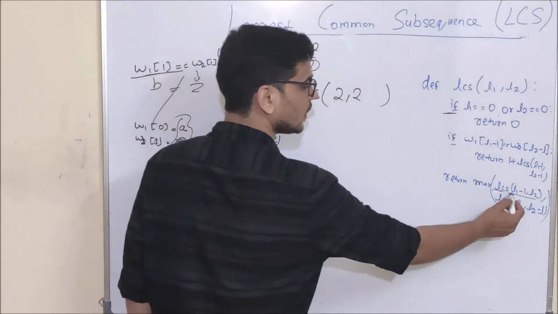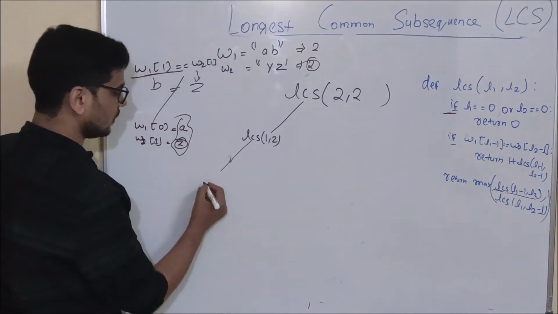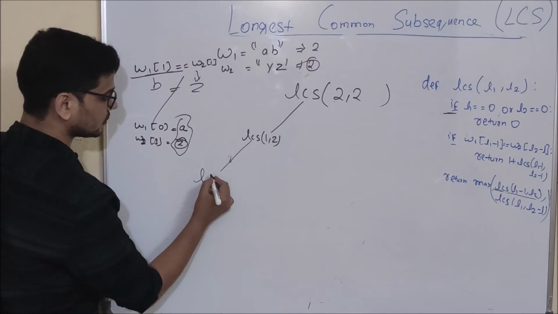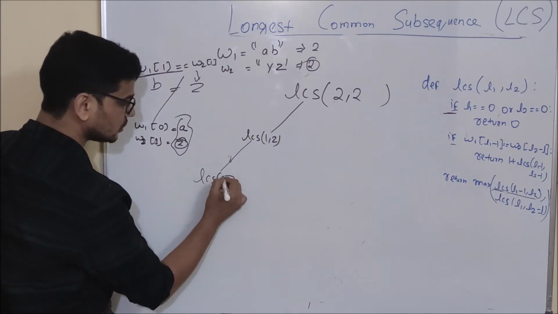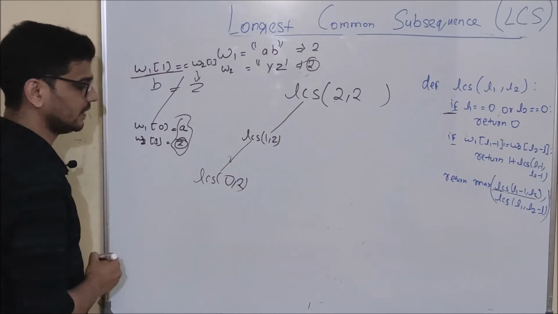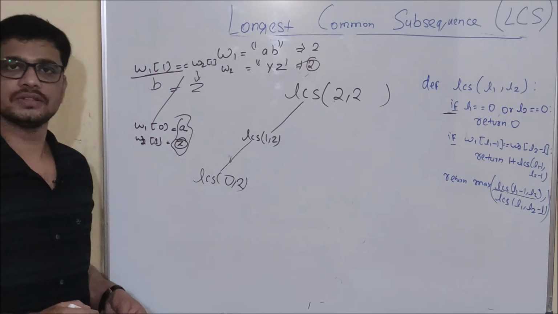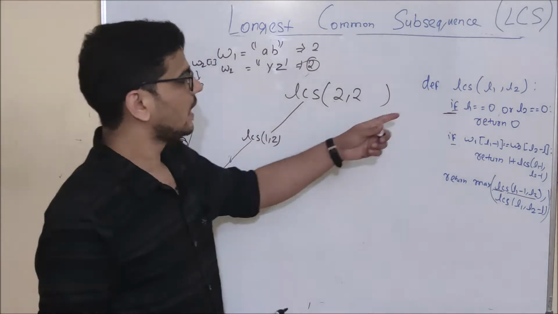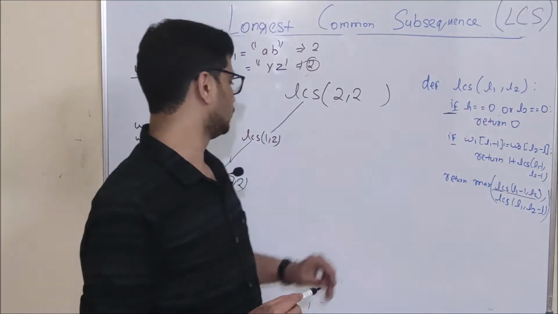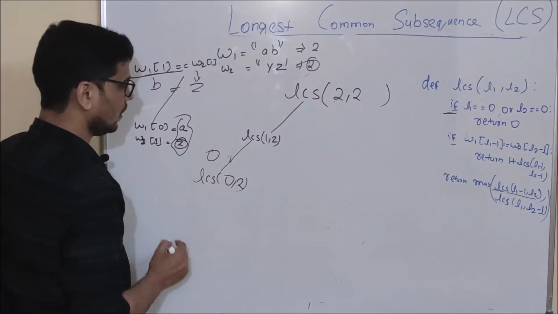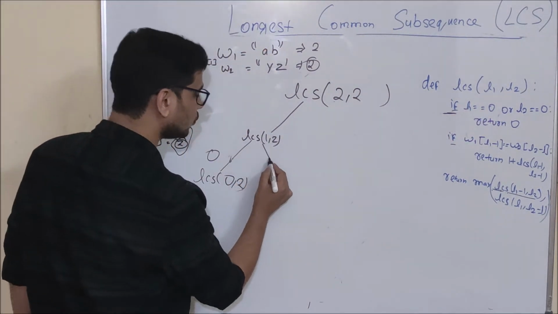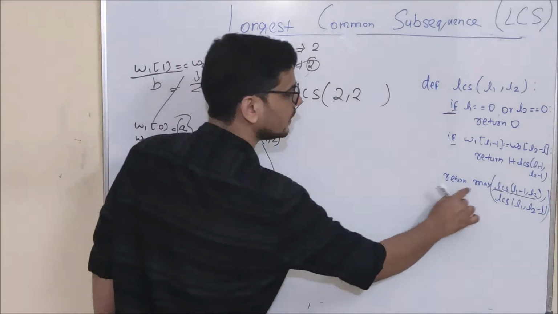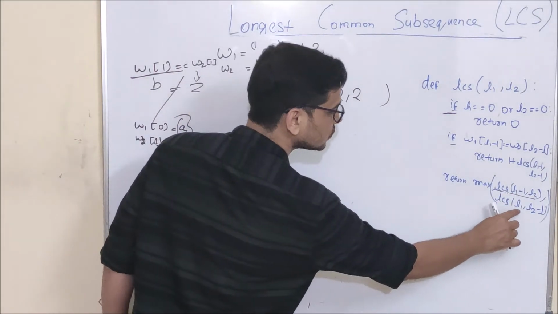That is LCS of L1 minus 1 comma L2, that is LCS of 1 minus 1, that is LCS of 0 comma 2, friends. And when I call LCS of 0 comma 2, L1 is 0 and it will return 0 from here. Now what will LCS of 1 comma 2 do? It will call its right part, that is LCS of